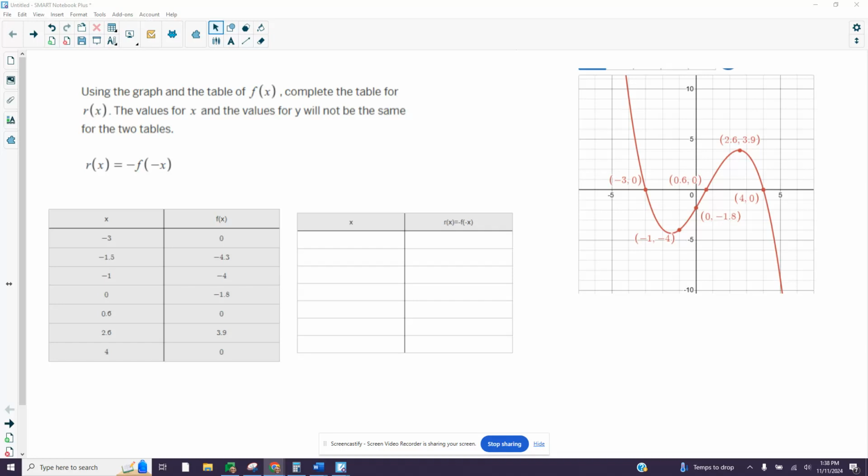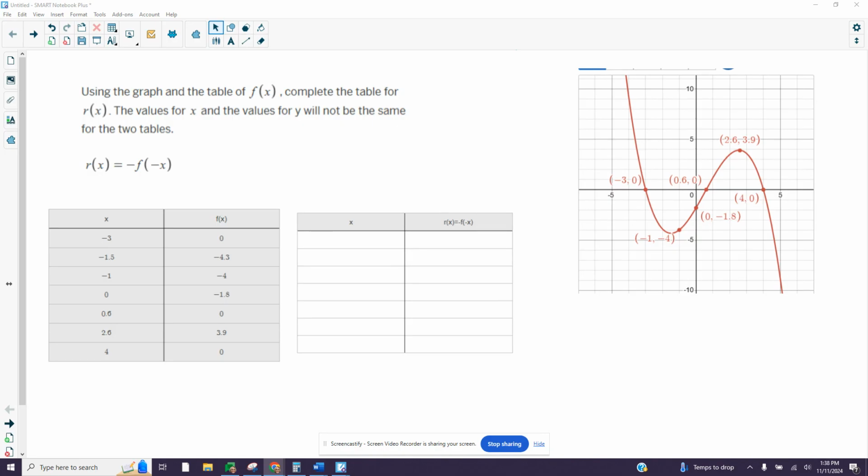Okay, so using this graph and the table of f of x, complete the table for r of x. The values for x and the values for y will not be the same for the two tables. So if r of x is equal to the opposite of f of x, of f of negative x, then